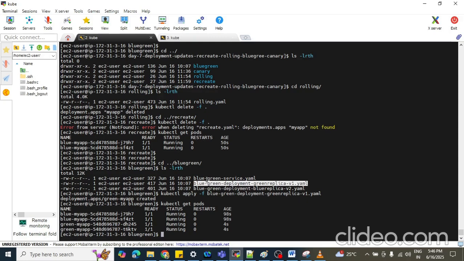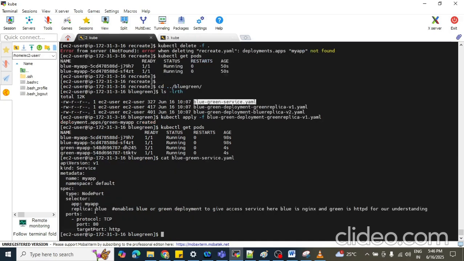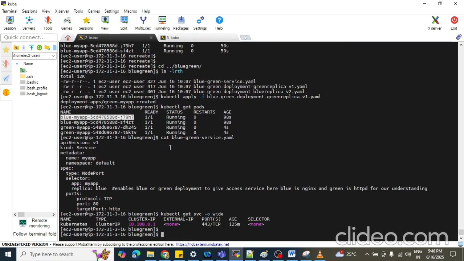And as per the service part, let me get this one. Currently, which one is running? The blue one. So let's describe this, kubectl get svc -o wide.